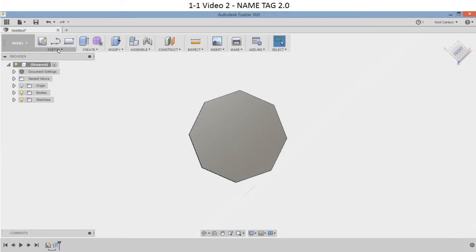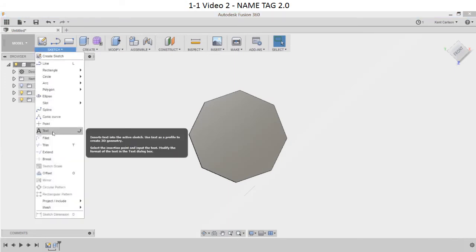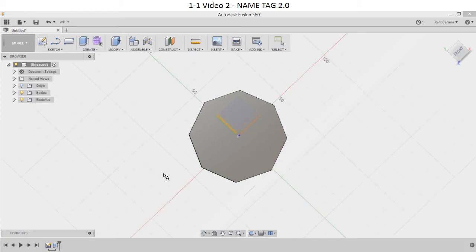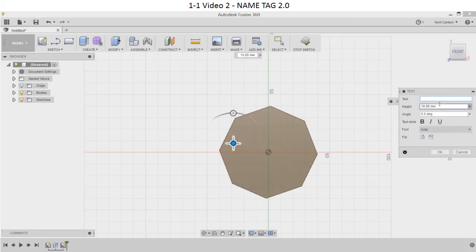So now I'm going to insert some text on there. It is under Sketch down here. Make sure you actually click on the face of the object that you want to put the text on. Don't click on these planes in the background there. Click on the actual face. So we'll place the text,